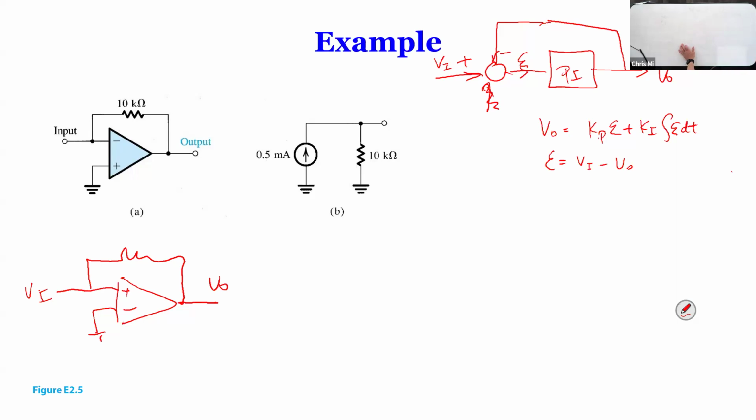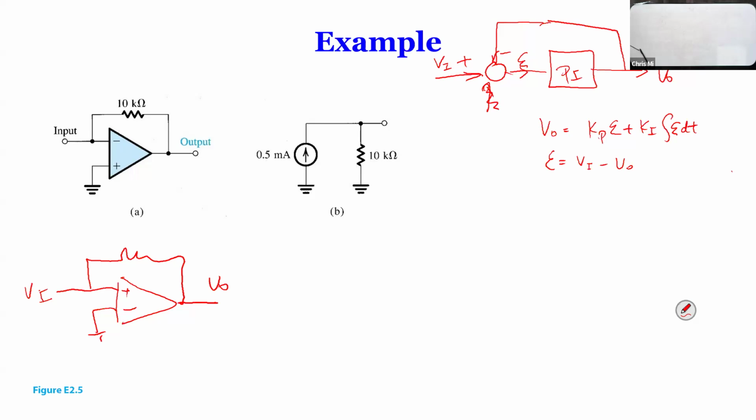Now, let's say VO is less than VI. Now the error epsilon is larger than 0, which means Kp times epsilon is positive, and the integrator also increases. So what happens to VO? It increases. So if VO is less than VI, your system will make VO increase, and eventually VO and VI will become the same. The idea is that once they become the same,